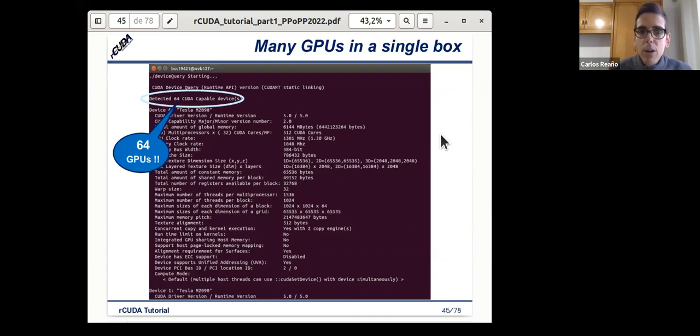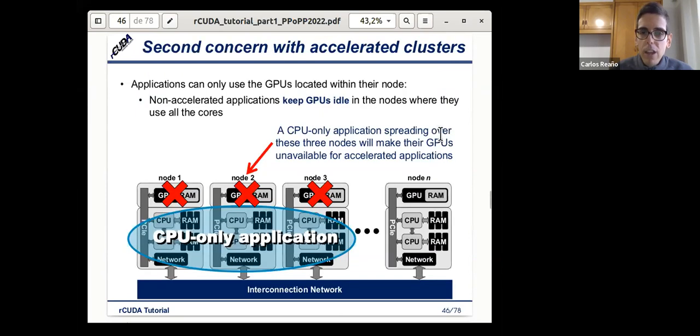If you want, we can do the first coffee break here, and later, after the coffee break, we start with the second concern. So if you want, we can have a coffee break of, let's say, 15 minutes, and we meet here again. I'm just writing in the chat that we have a coffee break now. And we see you in 15 minutes.